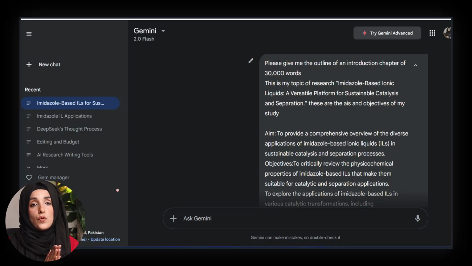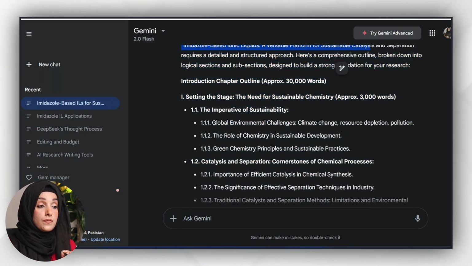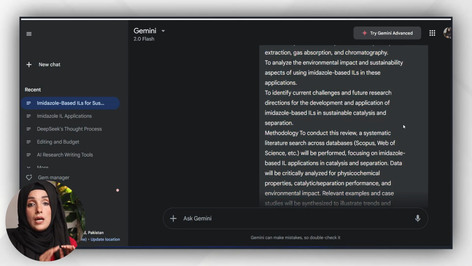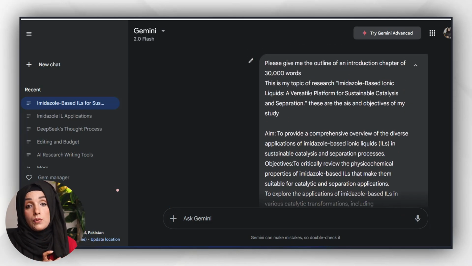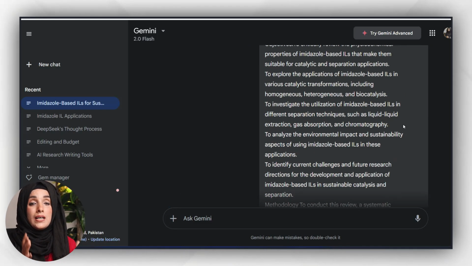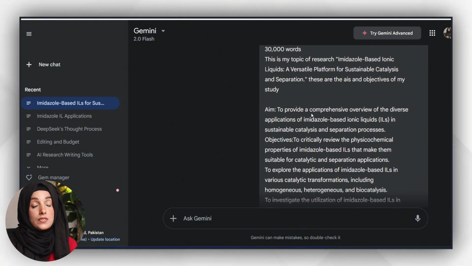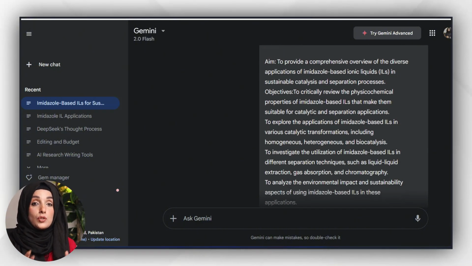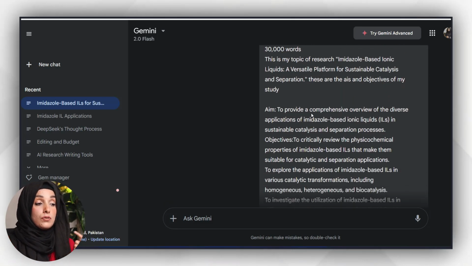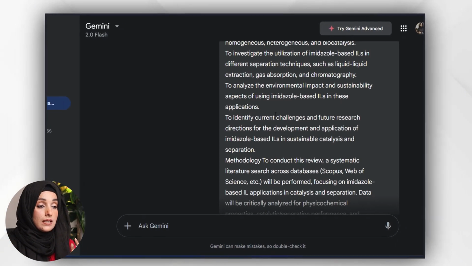After feeding this tool with our query, we will move forward to a step-by-step development of the outline of each chapter. First of all, I'm going to develop the outline of my introduction chapter, and I will specify the number of words I want to keep in it. By keeping in view the required number of words, Gemini AI will help me develop a comprehensive outline, keeping in view the title, aims and objectives, and methodology I adopted. So I'm feeding this tool the requirements by providing the necessary details.